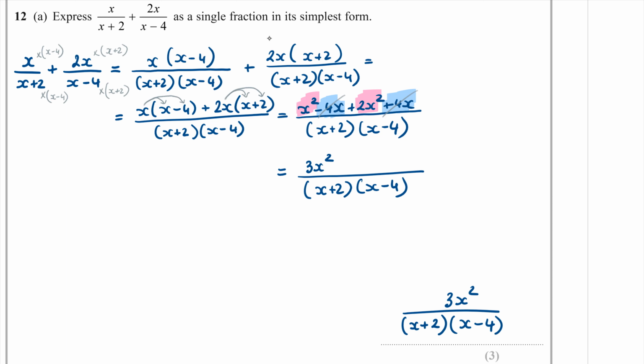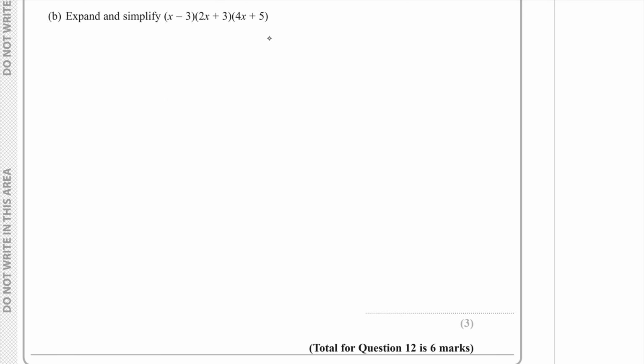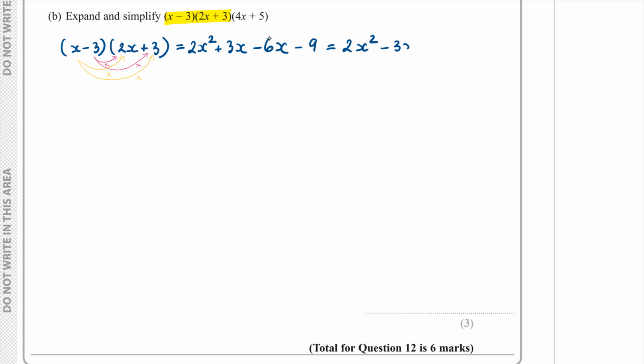minus 4. Part B. Expand and simplify the multiplication of these three brackets. Let's start by multiplying the first two brackets. x times 2x is 2x squared, x times 3 is plus 3x, minus 3 times 2x is minus 6x, minus 3 times 3 is minus 9. After adding the two middle terms, 3x minus 6x, this becomes 2x squared minus 3x minus